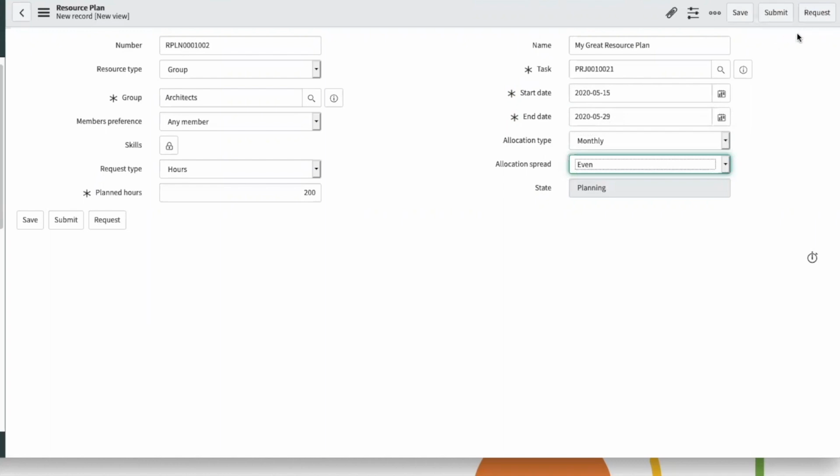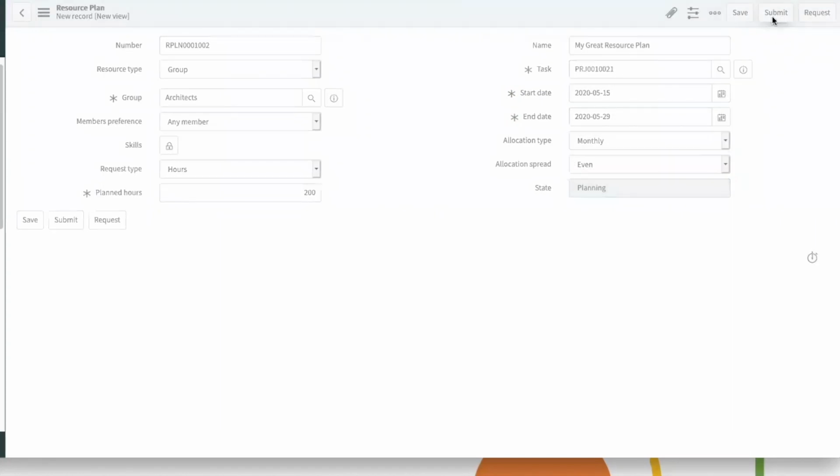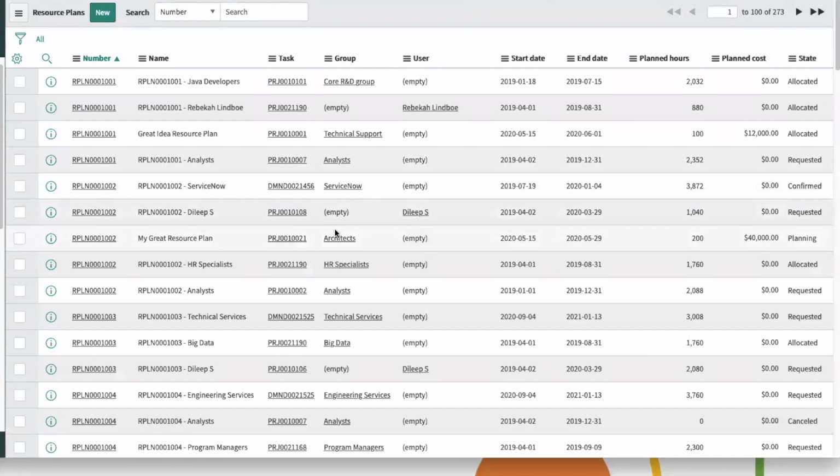So here is the ability to either request it. Again, if I'm a project manager, I won't be able to submit. I'll only be able to request it. But as the sysadmin, I'll be able to do that. And you can see here,